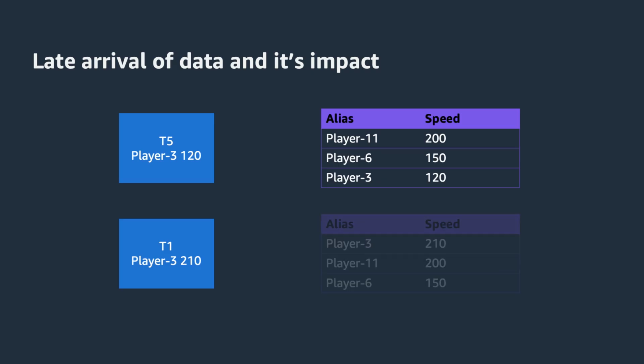Let us say you decide to process this data. In this case you update the speed from 120 to 210, and because you updated the leaderboard after probably the race has finished, it is not going to give a nice experience to the users who have already seen the old leaderboard. Another option, if you reject this data which came in the past, maybe you make player 3 unhappy about winning the race. So when it comes to late data arrival, what are the different options to handle this?